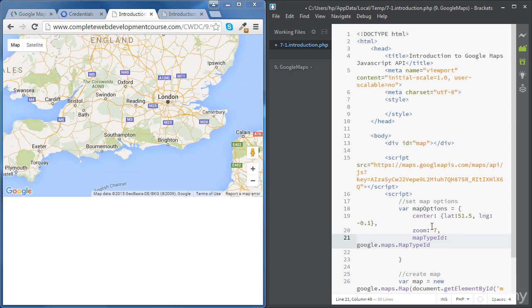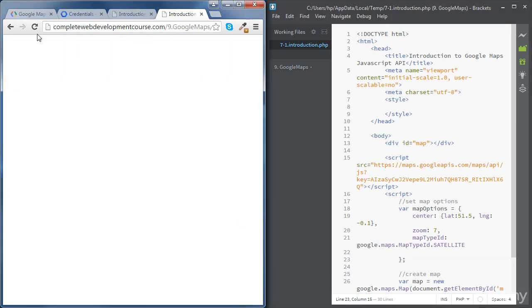Okay, capital M, capital T, capital I, and then dot SATELLITE in capital letters. Okay, so let's save this. Just add a comma at the end of the definition of the object. So now if we refresh our page,